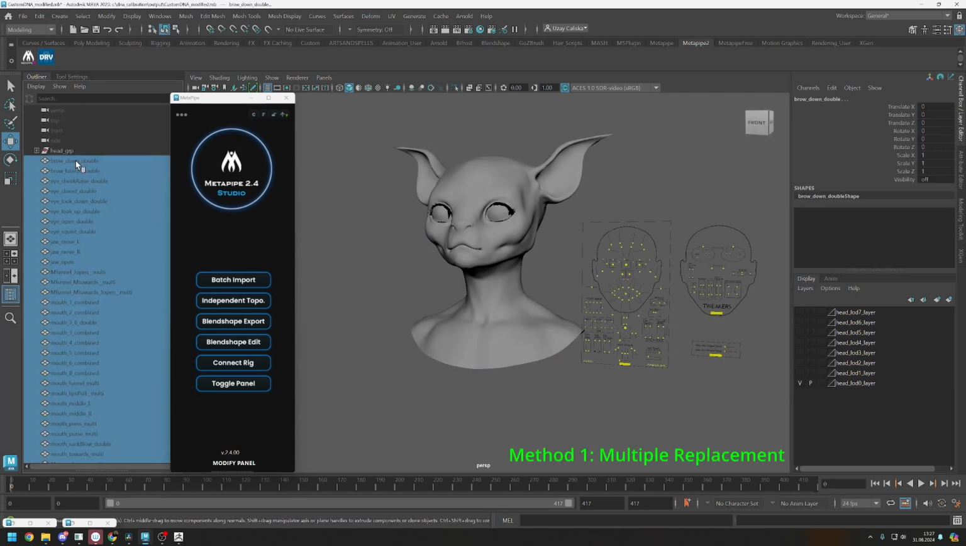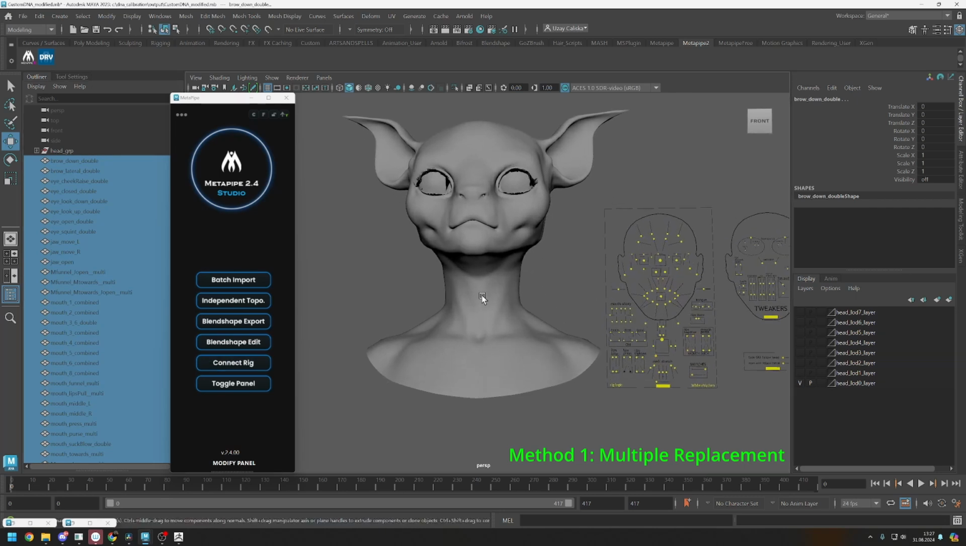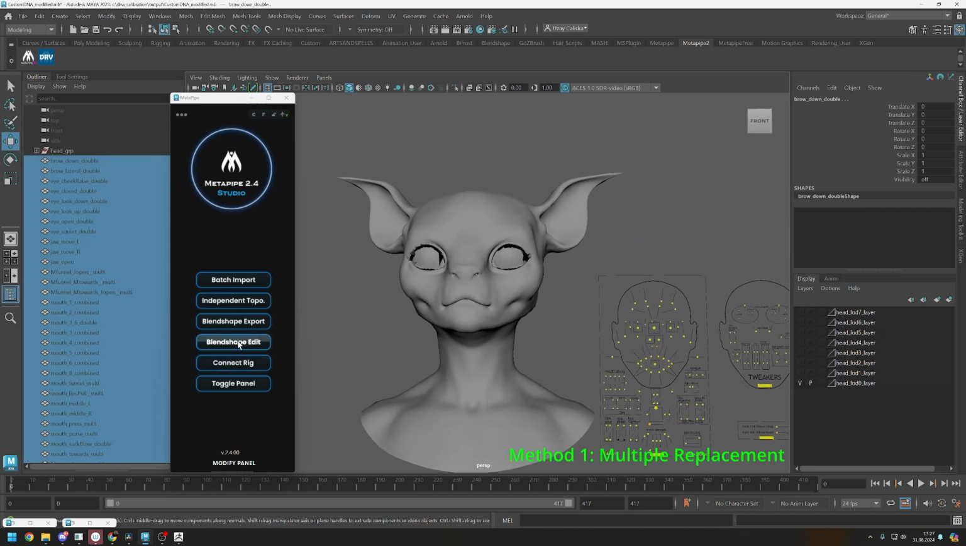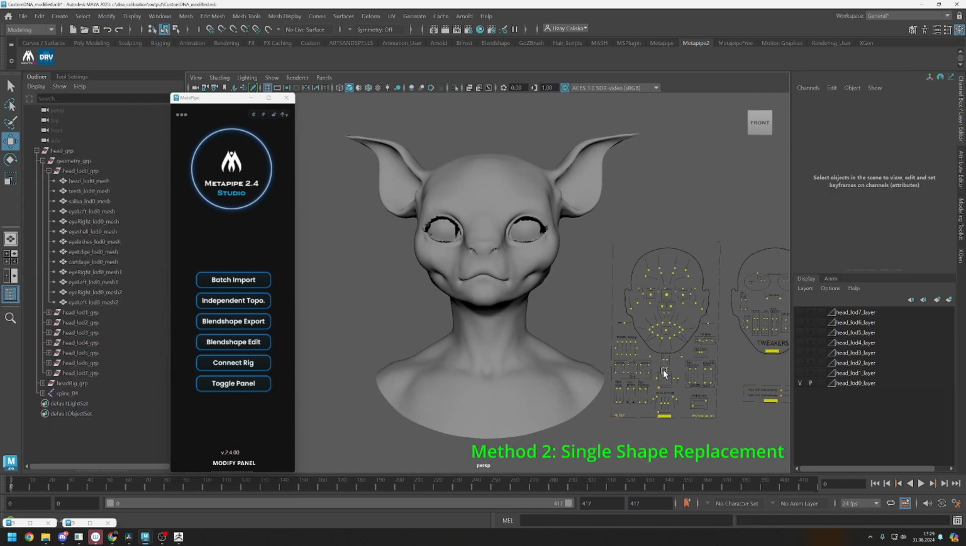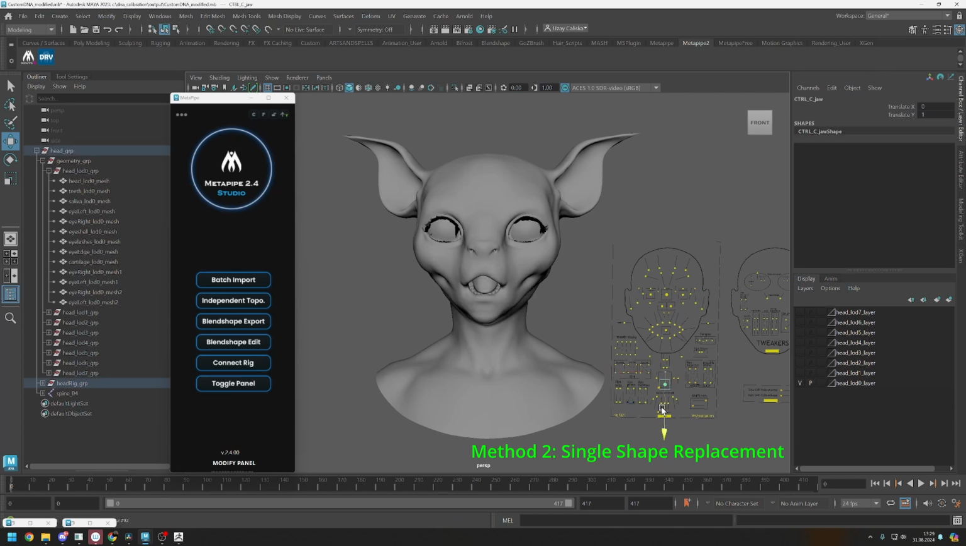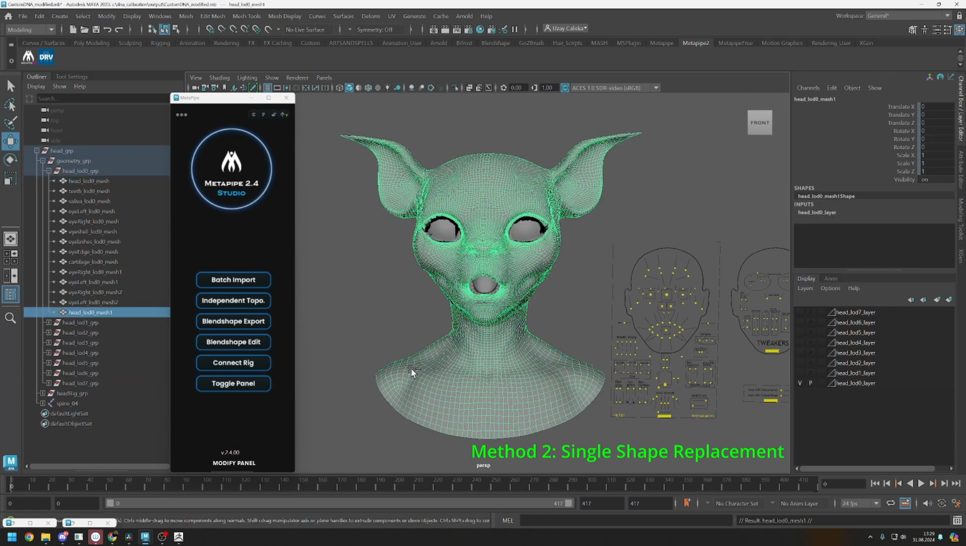After all imported, select all of them and directly hit Blend Shape Edit. It will automatically replace all related shapes. At that time, you can see the process. Another method is if you want to change a single shape, first activate Related Blend Shape Controller and duplicate the